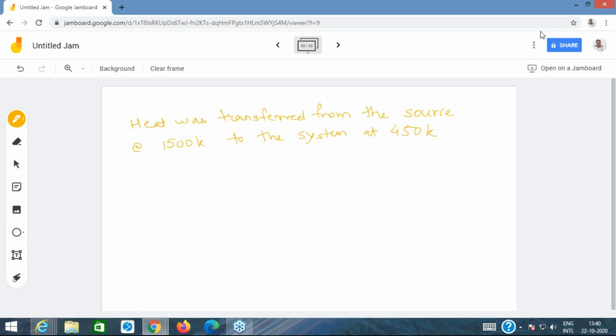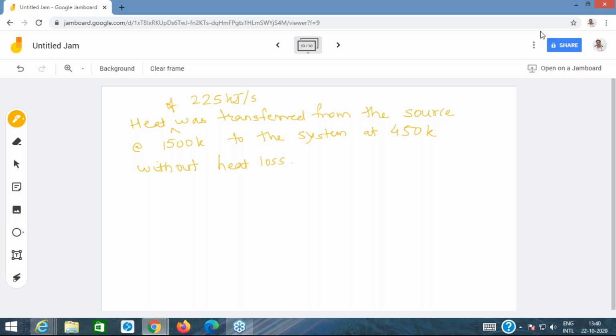And the quantity of heat was, let us say, 225 kilojoules per second, transferred from the source without any heat loss. So heat loss is zero. So you need to calculate